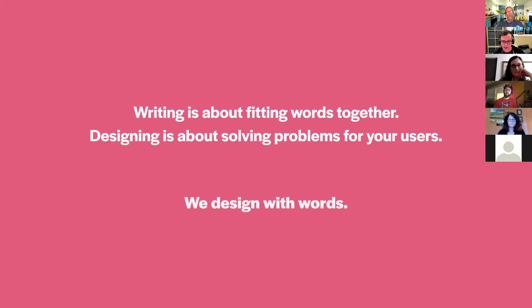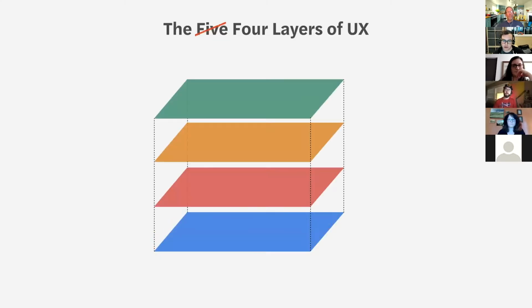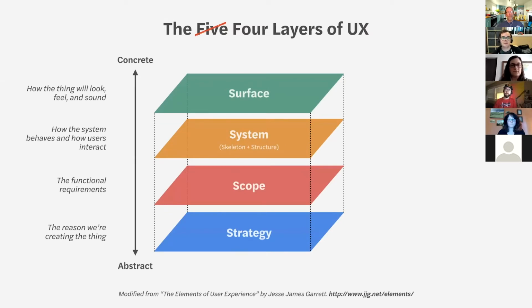This next thing is not a concept that is original to me or to us. This is a really great concept from a book called The Elements of User Experience by Jesse James Garrett. And if any of you attended the SOFA conference recently, Jonathan Coleman gave a talk that had a similar construct. They talk about how there are these layers of UX that go from the most abstract to the most concrete, and about how things build on top of each other.